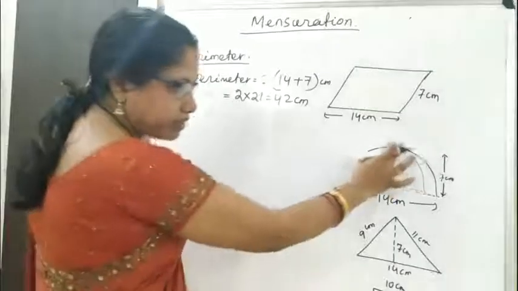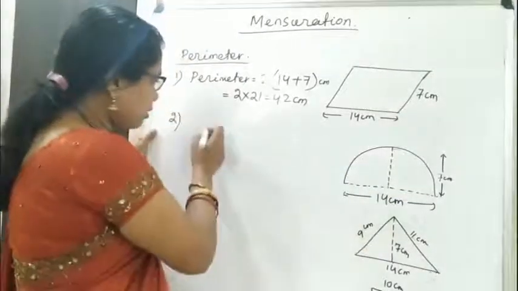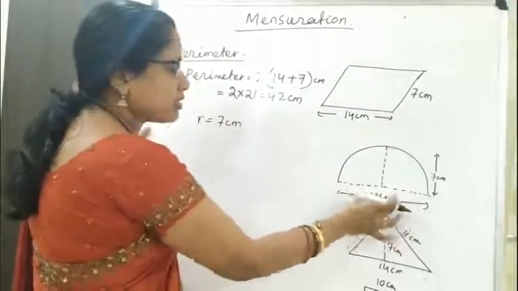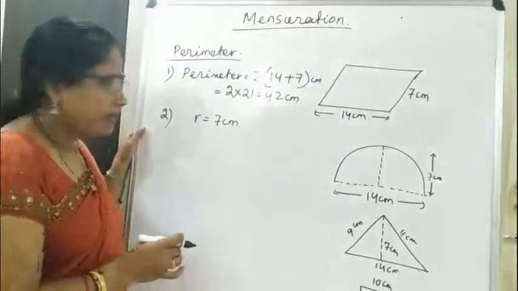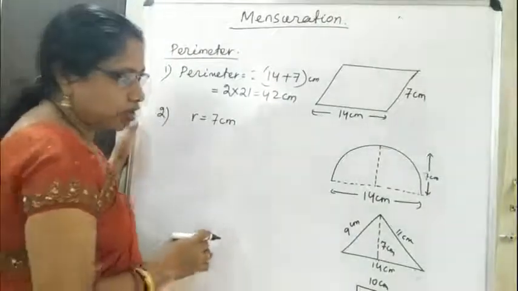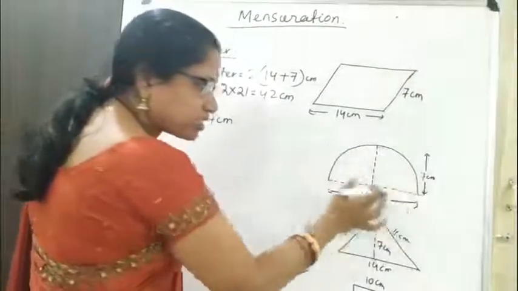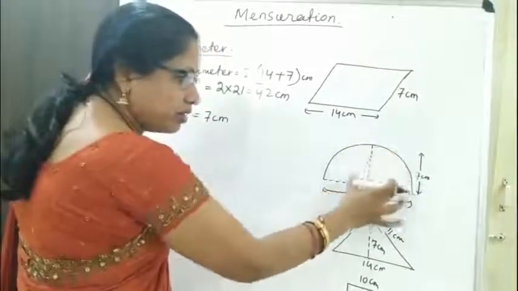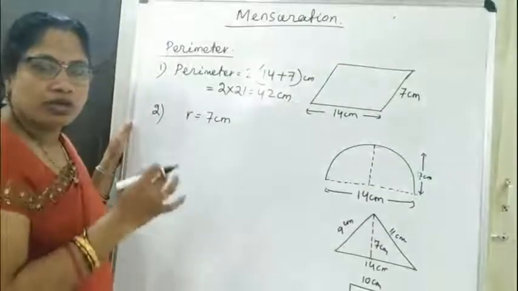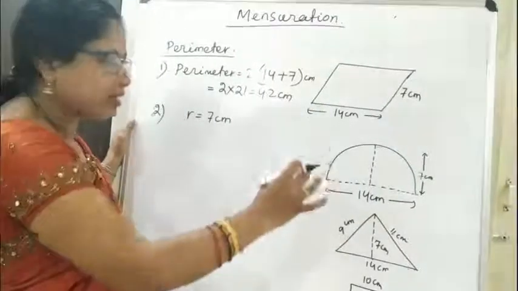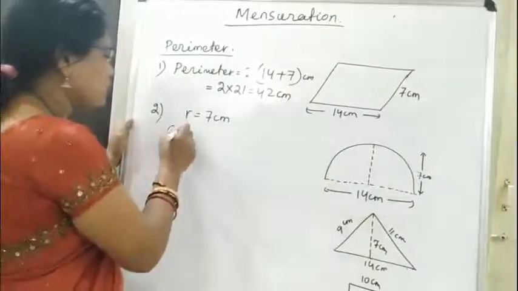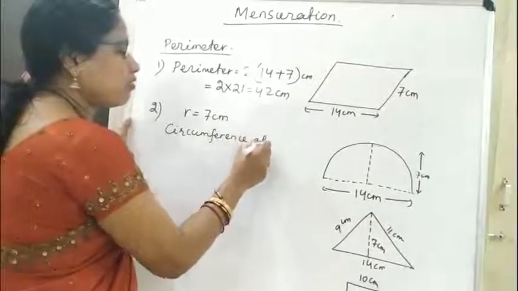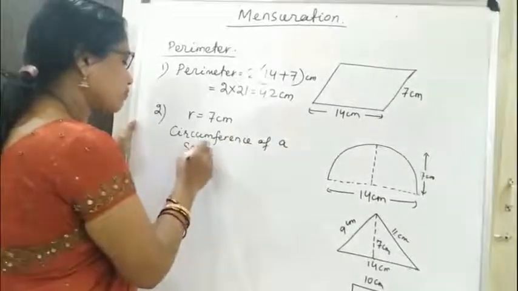The next figure is a semicircular region. Here the diameter is given as 14 centimeter. So the radius is diameter by 2, that is 7 centimeter. To find the perimeter of this figure, first we have to find the circumference of this semicircle plus the diameter. We know that the circumference of a circle is 2 pi r. So here the circumference of a semicircle